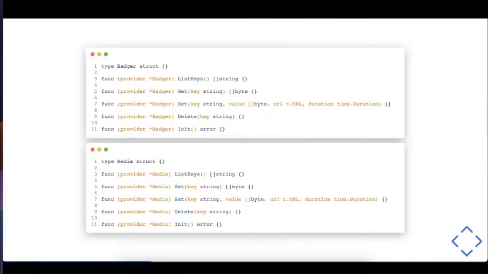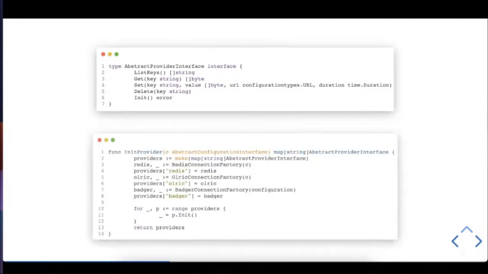Some of these functions have the same signature. So to make a generic object, we can define an interface like the abstract provider interface, for example, which will contain the method signatures, and each structure defining all the functions with the same signatures will be considered as implementing the interface and can be part of an abstract provider interface array, for example.